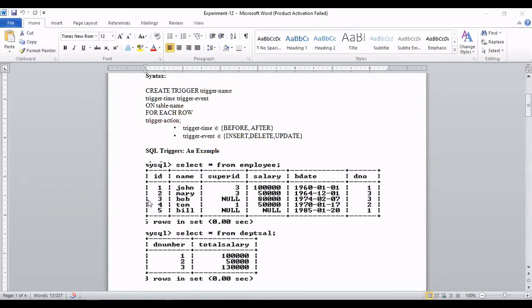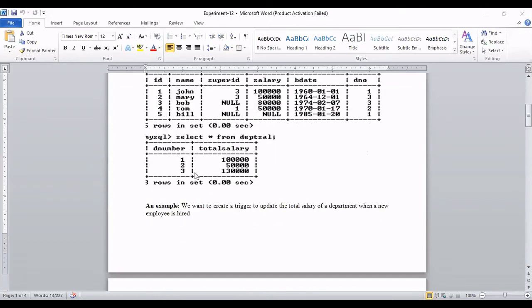Similarly, while deleting these 2, the trigger will be fired on these 2 rows, then it will keep this data first, saving it in a log. Then it will modify. So that's why the trigger must be fired for each individual row. Then the action of the trigger: the trigger action will write some query, with begin and end.